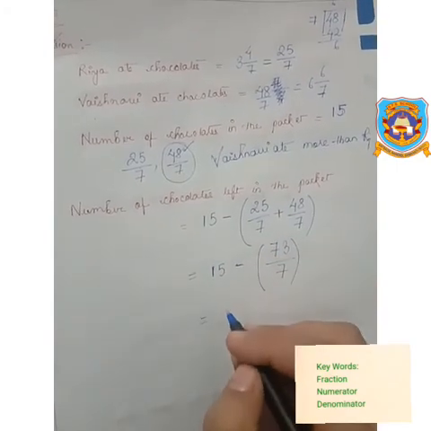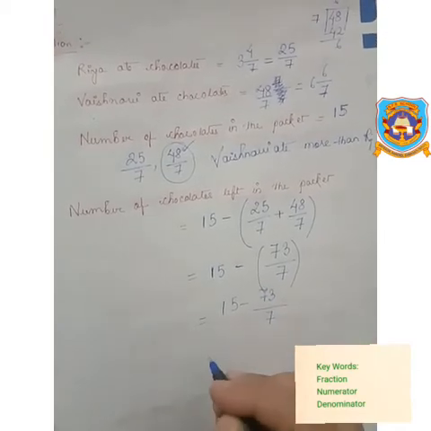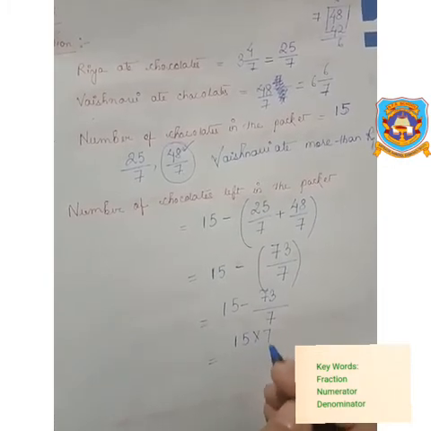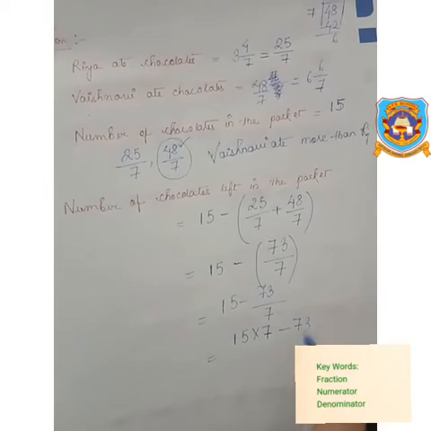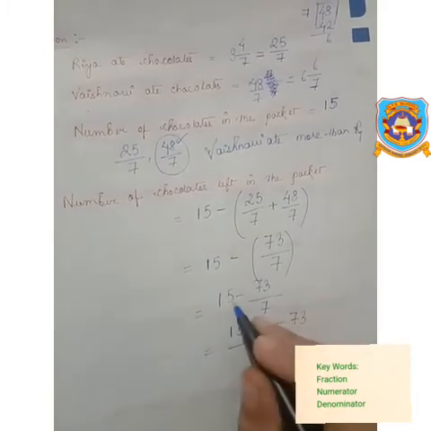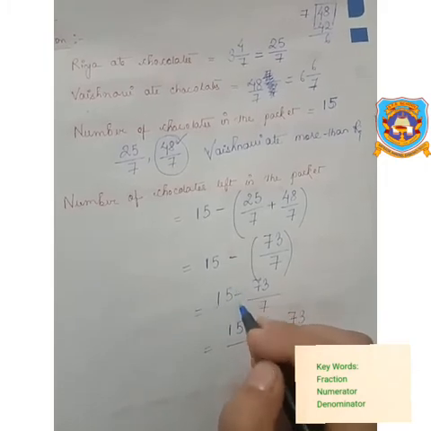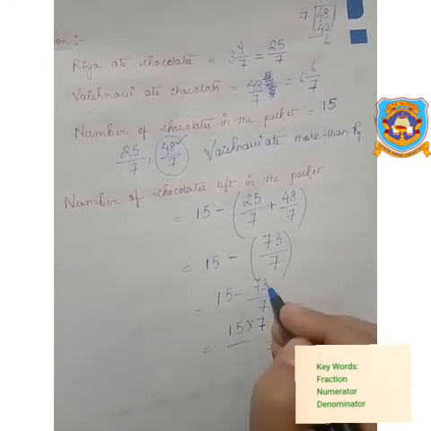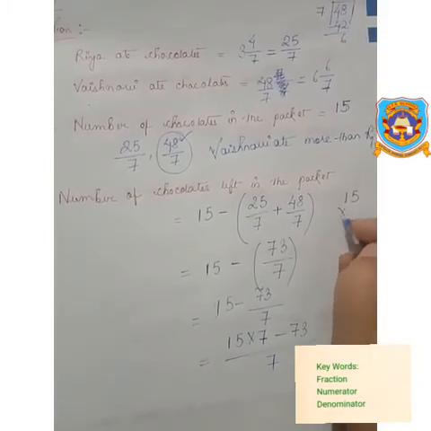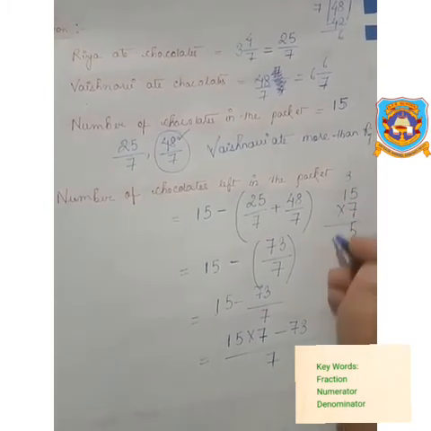So what you are going to do, you are going to multiply 15 by 7, so that it becomes a common denominator for both the numbers. So 15 into 7 minus 73, divided by 7. Now this 7 becomes a common denominator for both the numbers. So children, when there is a question like that, it can be minus or plus, you can multiply with this number and you can subtract it. Now let us find out how much is 15 into 7. 7 5s are 35, 7 1s are 7, then 10.